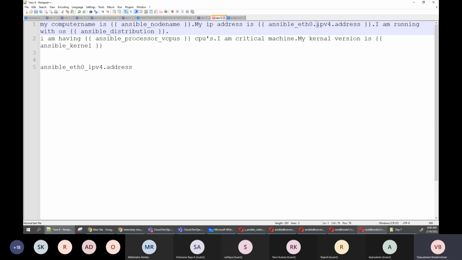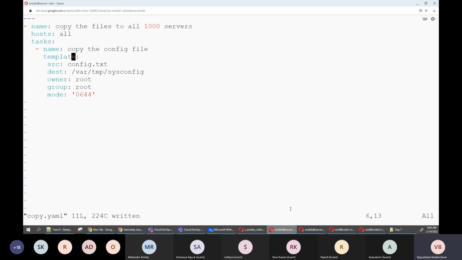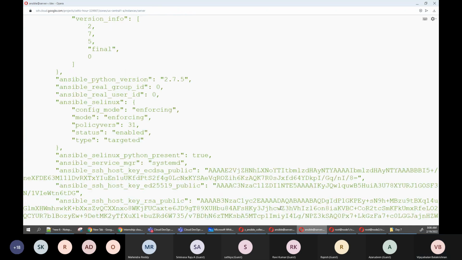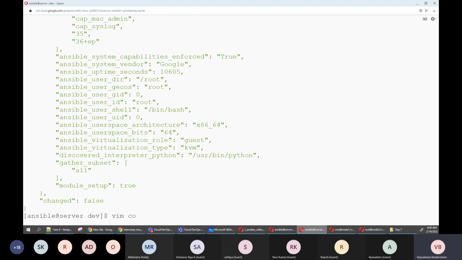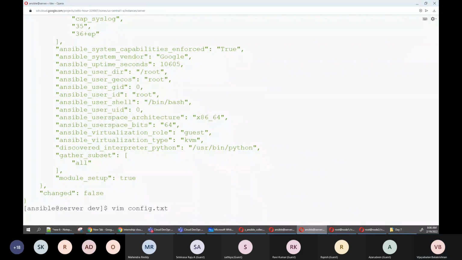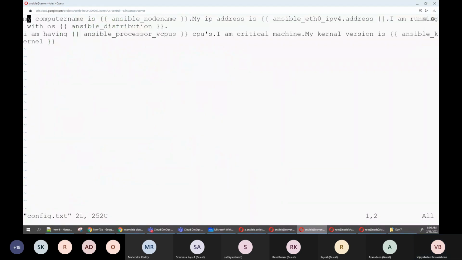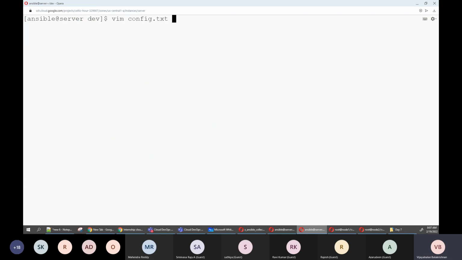Instead of the underscore, we go to the config file, vim config.txt. I'm going here, eth0, dot, ipv4 address. We can execute the file.